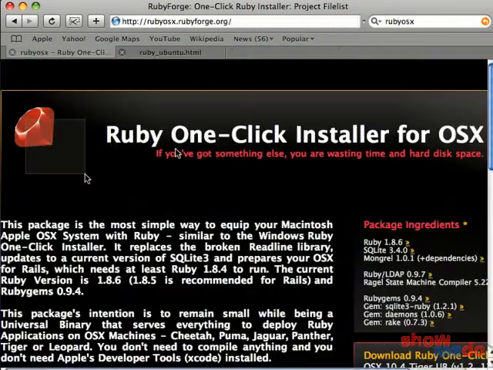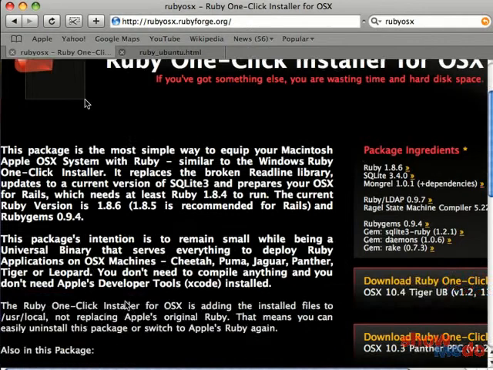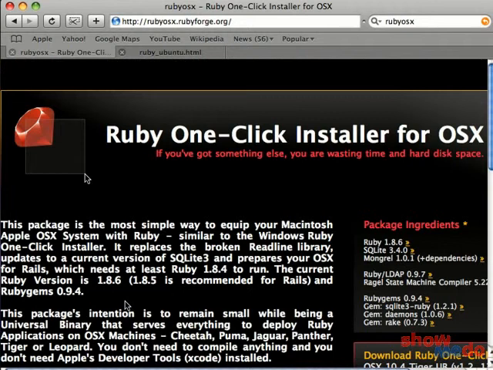Okay, if you're running OS 10, you've probably got Ruby already installed in your system. The problem is that the version you've got installed if you're running Tiger is that it's old. It's Ruby 1.8.2. The latest version though is 1.8.6, and I've heard that the standard Ruby that comes with Tiger is a little